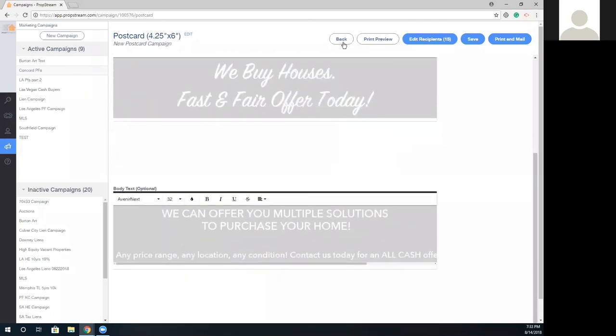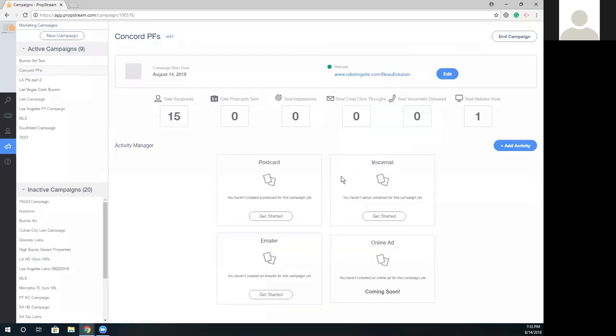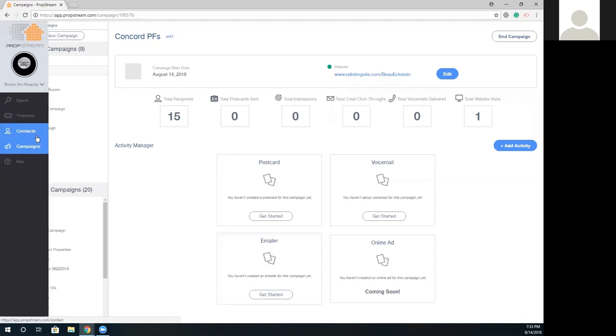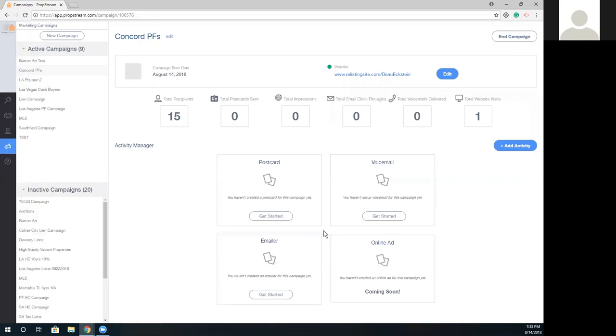Yeah, why not? All right, so that's our postcard feature there. Once you've uploaded narrow results, captured your contact information, we can send them. Actually, let me take that back. For postcards, you don't need to aggregate contact information because we already have their address. So if you don't want to pay for the contact information and just want to send postcards, you can go straight into postcards without getting contact info. But voicemails and emails require the contact info.